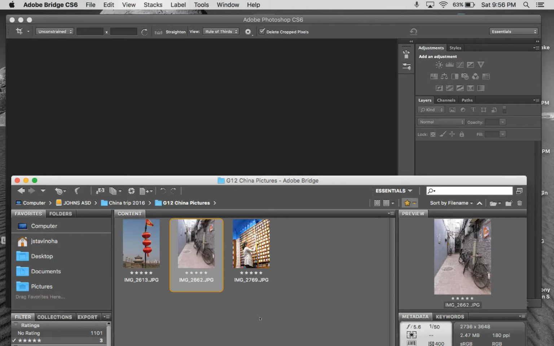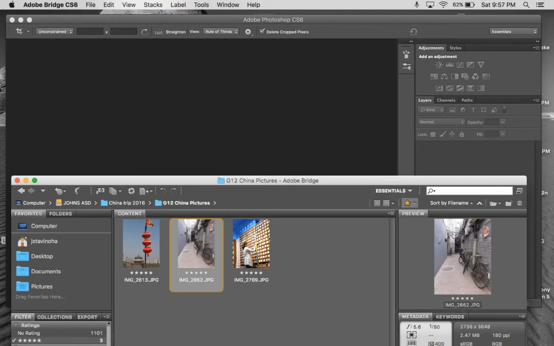Good idea is choose them already before you put them in. In this case, I chose 3 vertical images from a trip that I took to China. The verticals will fit nicely next to each other. If you're trying to mix and match verticals and horizontals, you might run into some difficulties depending on the layout